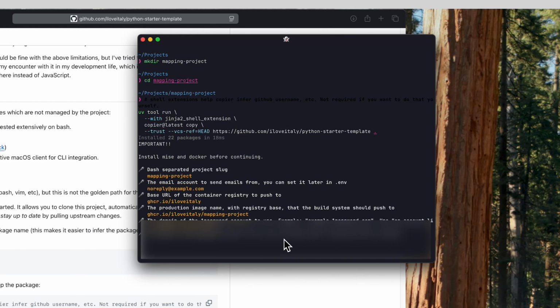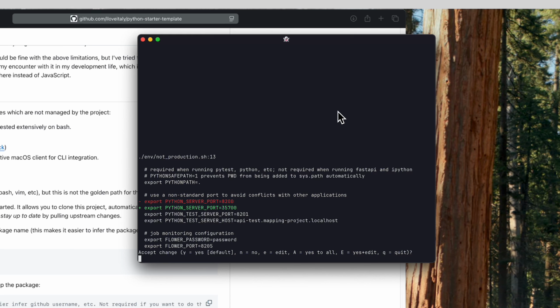And then similarly, you can use op vault list to get the vault that you actually want to plug into. So, all right, got the vault ID,